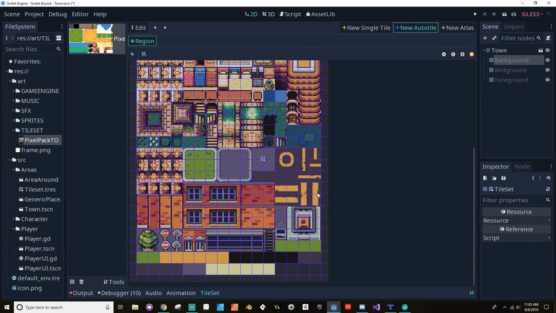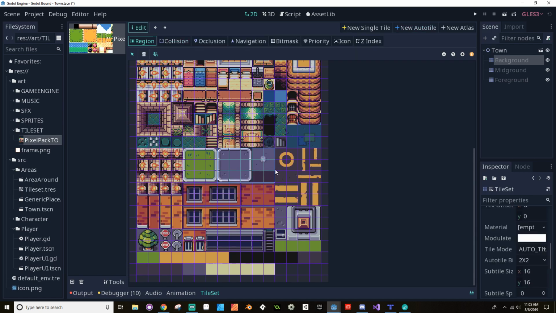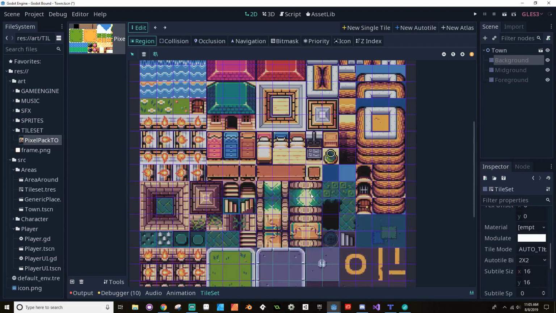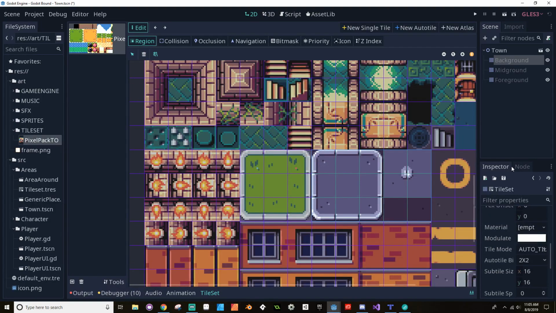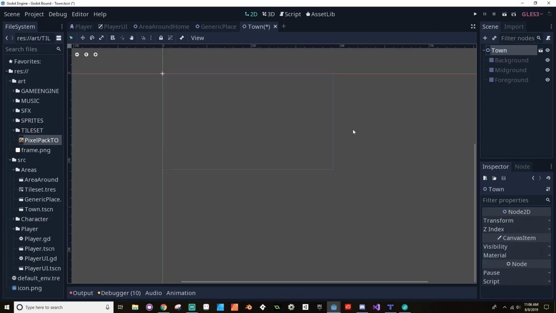And let's go with the sidewalk here first. So see, the sidewalk is neatly grouped. Look at that. And let's do fit mask. All right, and then if we go back to town,